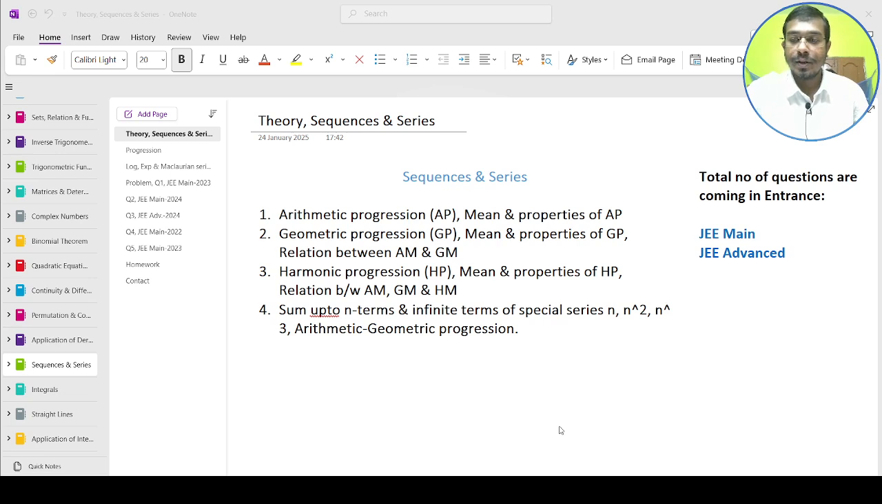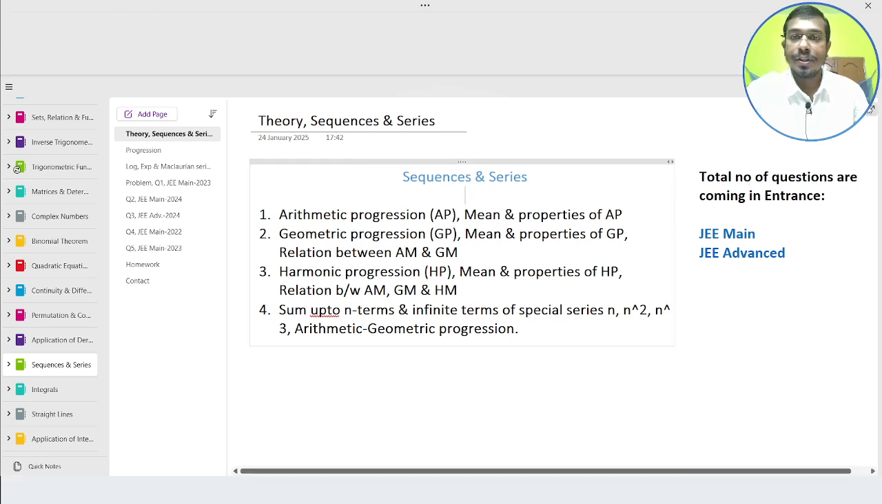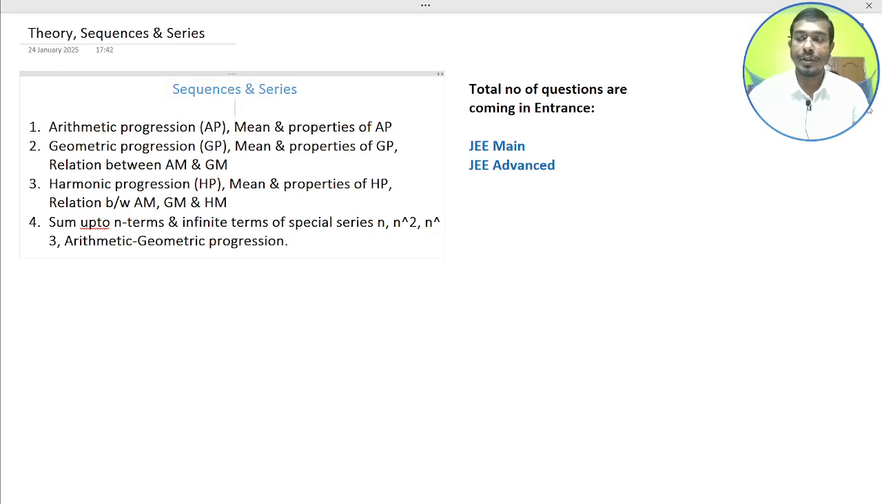So basically, in our previous lecture, we had discussed permutation and combination from class 11, and in today's class, we will cover sequences and series from class 11. The total number of questions coming from the JEE Main are 2 or 3 questions, and in JEE Advanced, 2 questions are coming from this